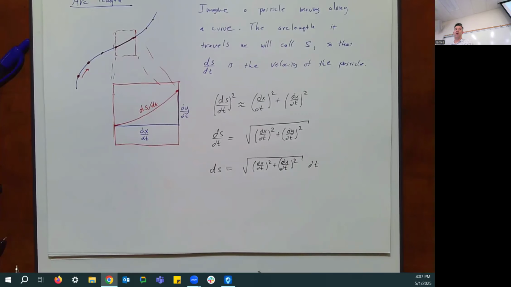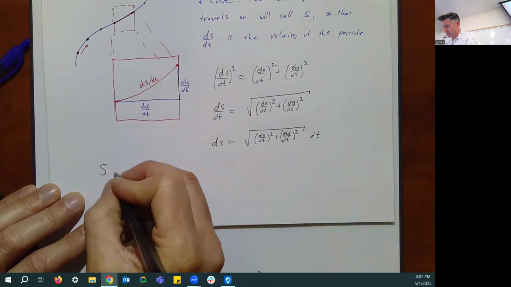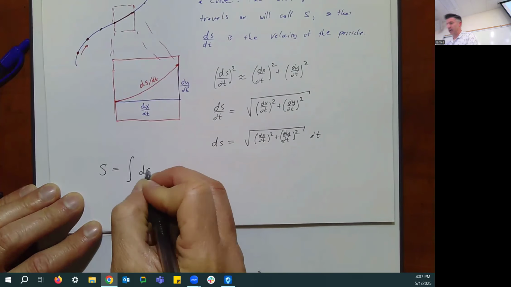And then to get the total arc length, we're just going to add up all the little ds's. So the total length s is equal to the integral of ds,